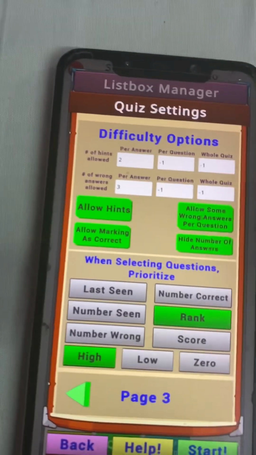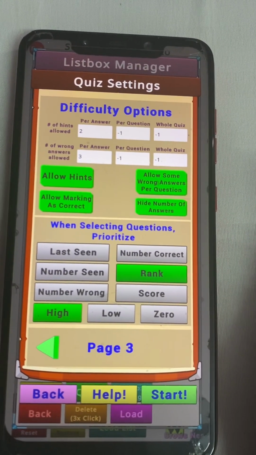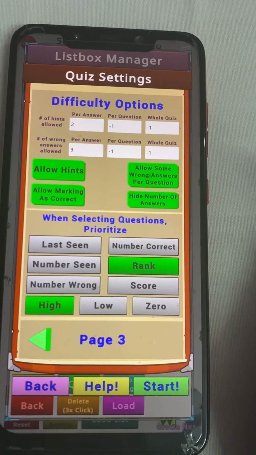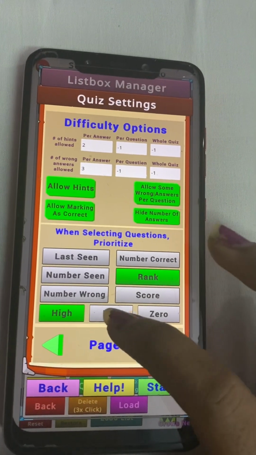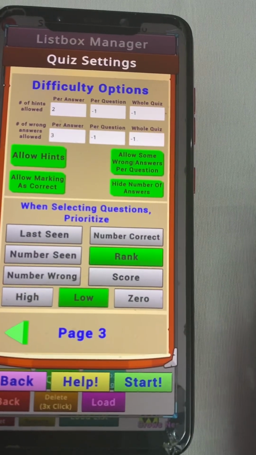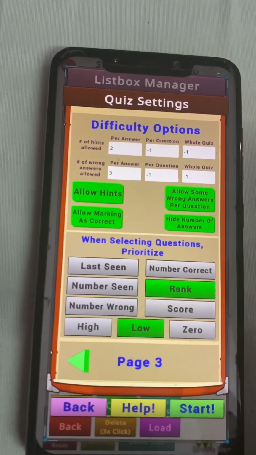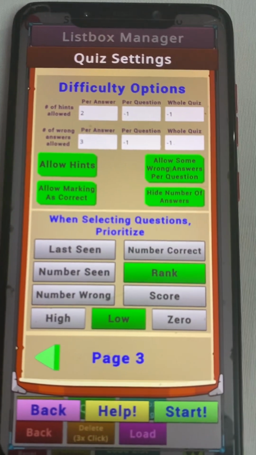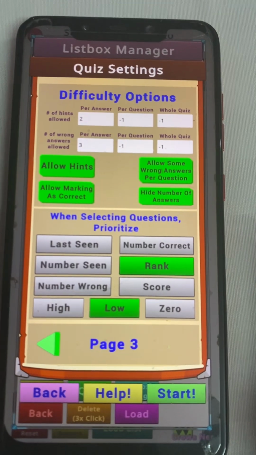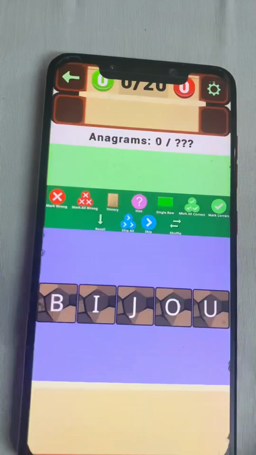Your rank basically, whenever it's high enough, it means that you have really mastered that word. So you don't want those. So while prioritizing, I want rank also to be low. I won't get into the complication of score. I'll leave that as is for now. But once you've had these settings, these are the normal ones. I will probably add text to this video as well, so you can follow it, and then you say start.